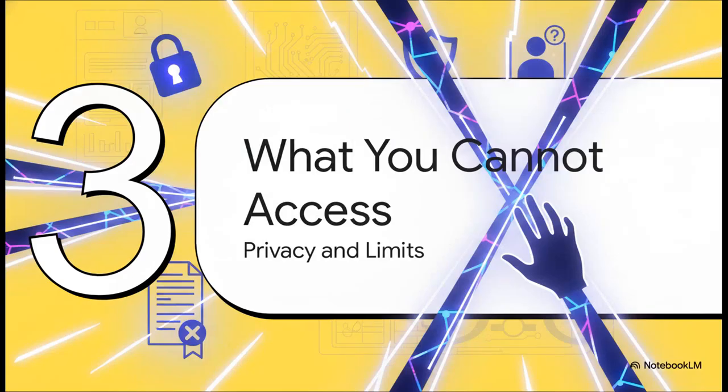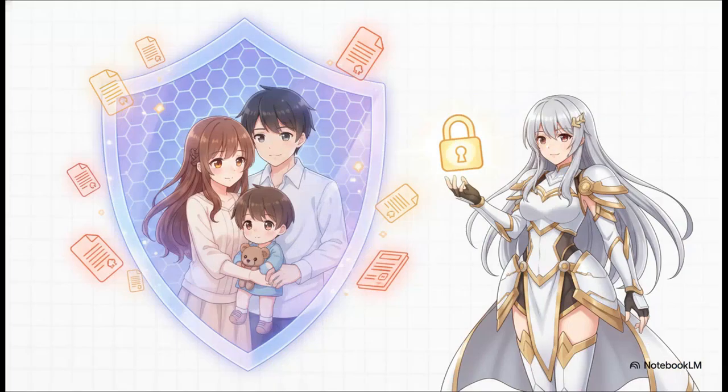Section 3. What you cannot access. While these online portals are incredibly powerful, there are strict legal boundaries regarding what the public can actually see. Under the Kansas Open Records Act and Supreme Court Rule 22, highly sensitive documents are completely stripped from public portals to protect the privacy of those involved. So you'll find that things like juvenile proceedings, adoptions, mental health information, grand jury proceedings, and expunged records are legally protected. The system is definitely designed for transparency and accountability, but it's never going to compromise the safety or privacy